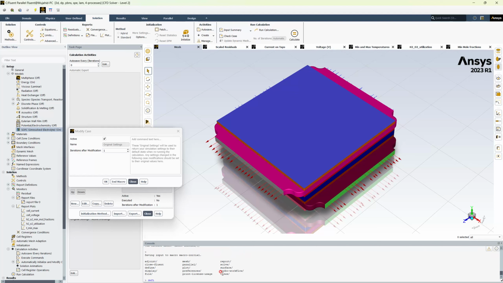text commands and give the command define models SOFC and model parameters. We can give directly model parameters, and here enable electrolyte conductivity model. Yes, make sure that the only changes we need to do are the